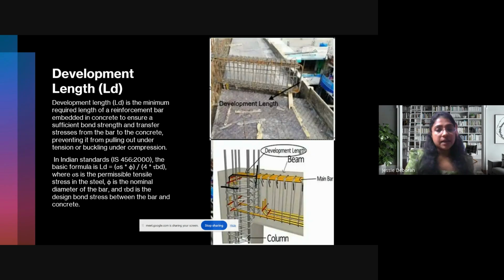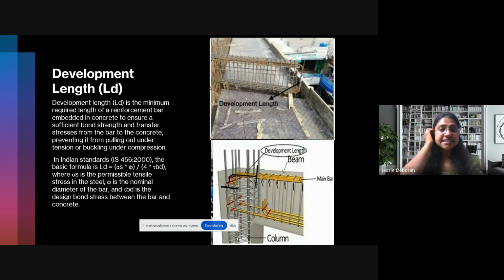Now naturally when you are calculating, you'll calculate your phi into Ast. Phi into Ast is your strength of the material. Now if you're using the strength of the material, before it bends, what if because of the load it gets pulled off from your entire concrete? It should not get pulled off, just to give that bond, that strength and the transfer of stresses from the bar to the concrete to prevent it from pulling out under stress of buckling, when it is in compression. So that is why we are using the additional Ld. So on that length we will bend the rod and we will tie it.